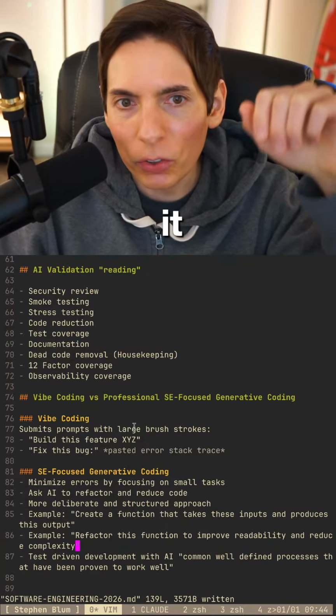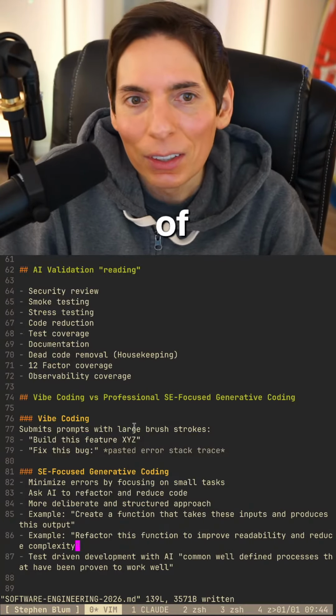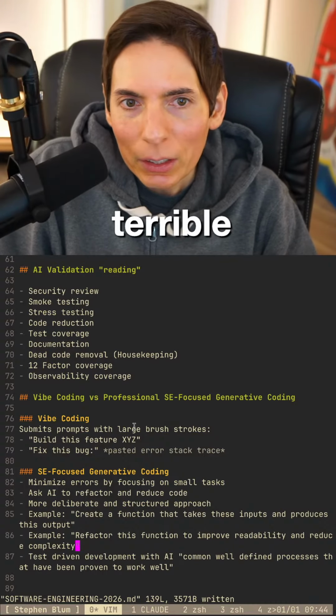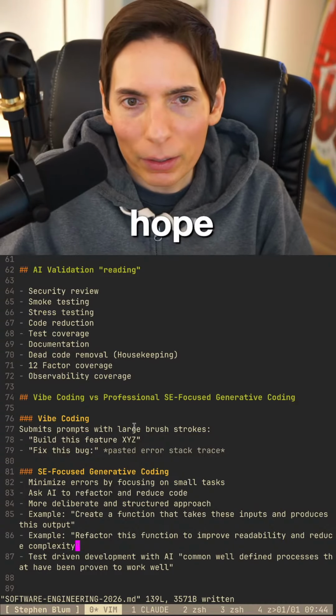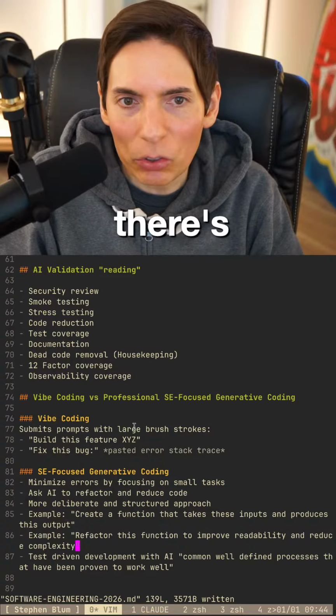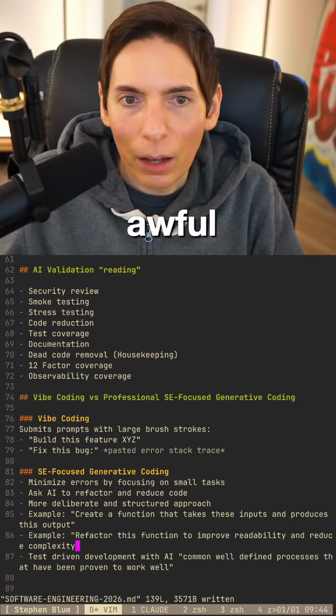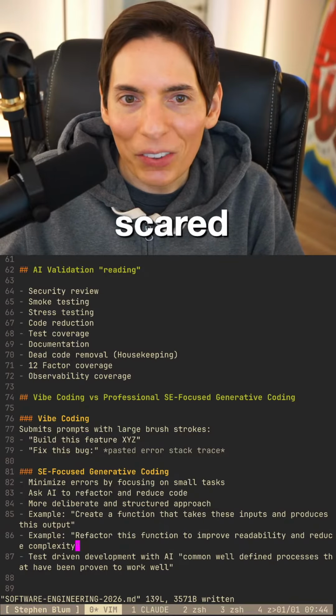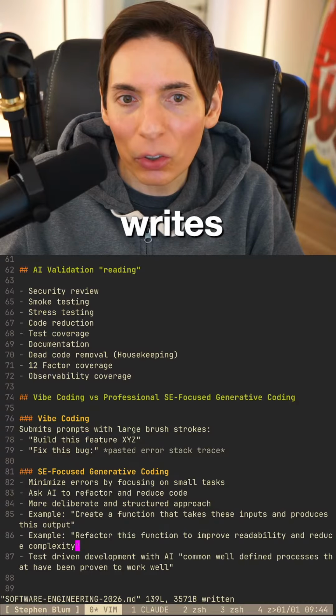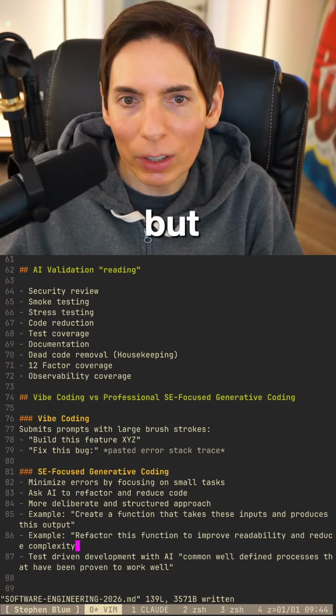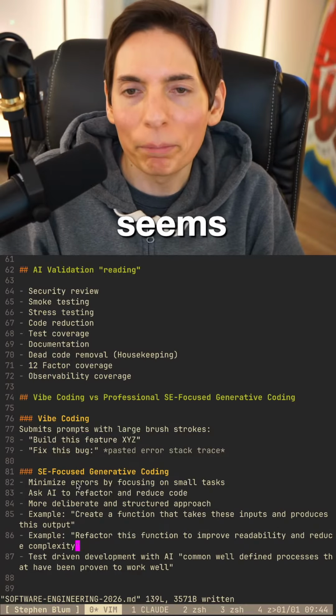Yes, it makes tests first. A lot of them, it makes a lot of tests. Oh, that's terrible. Oh no. I hope that, well, that's just awful. I am somewhat scared that test-driven development writes tests that are too coupled. If you do it well, it's great, but internal unit test first seems sus.